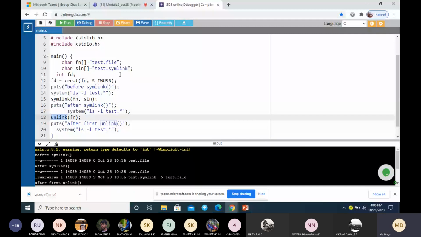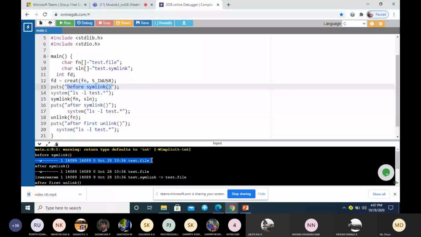So this is my original file, and this is the symbolic link I have created. I have created the file here. This will display the message before symbolic link. We are executing ls -l test.*. There is only one link, because we have not created any symbolic link yet.